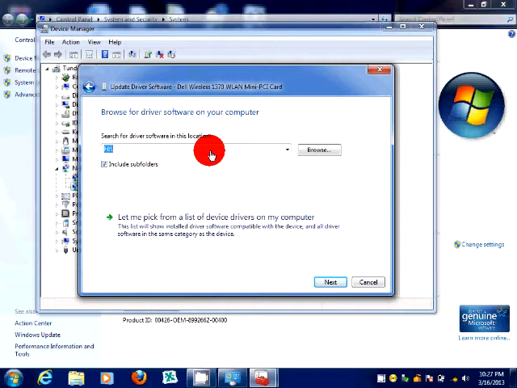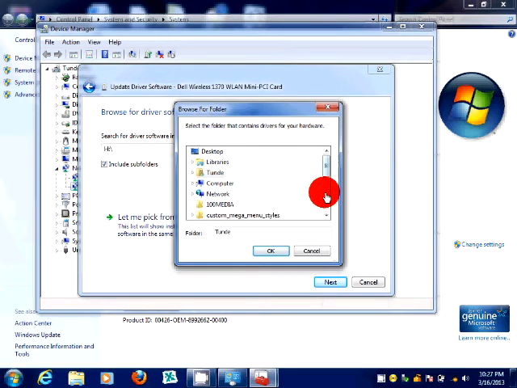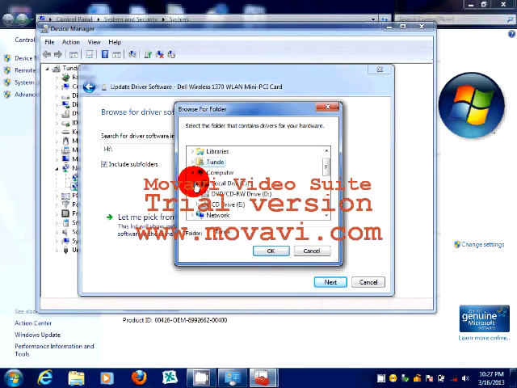Then here you'll be prompted to select where the setup that will install the driver for this device is. Maybe it is in the CD-ROM. Now you need to browse here and set the CD-ROM. Scroll down and select the CD-ROM. Okay, let's see. Okay, Computer. Right, you see here, click there. Then you see something like DVD